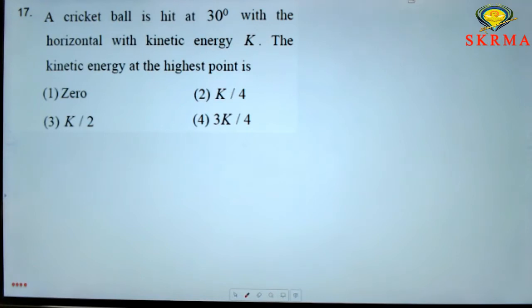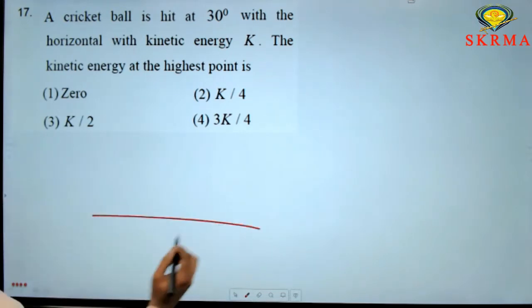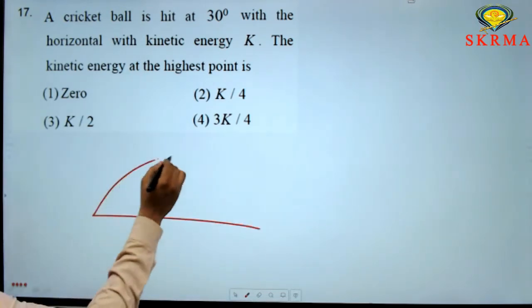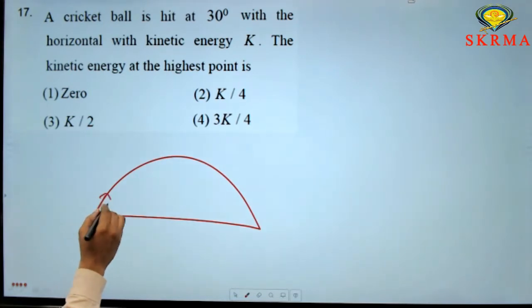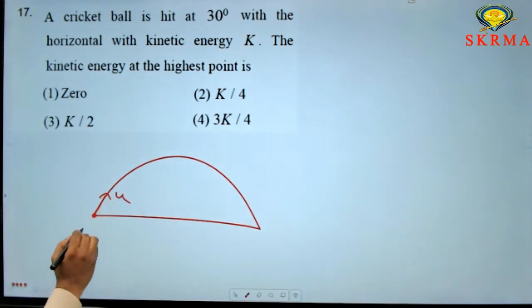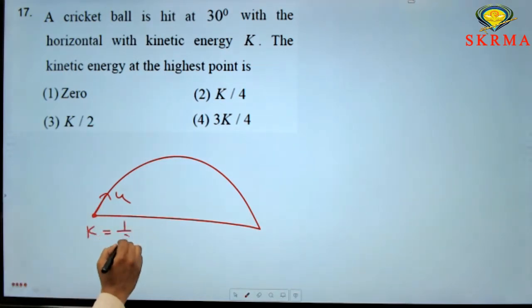Next one. A cricket ball is hit at 30 degrees with the horizontal, and the kinetic energy is K. Assume that the cricket ball is moving like this. At this location, let the velocity be u. Kinetic energy is given as K. Now, how much is the kinetic energy? 1 by 2 m u square is the kinetic energy, that is at